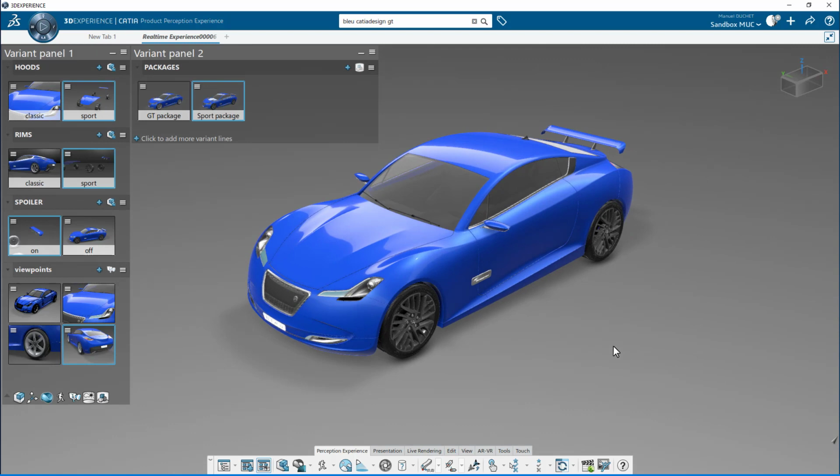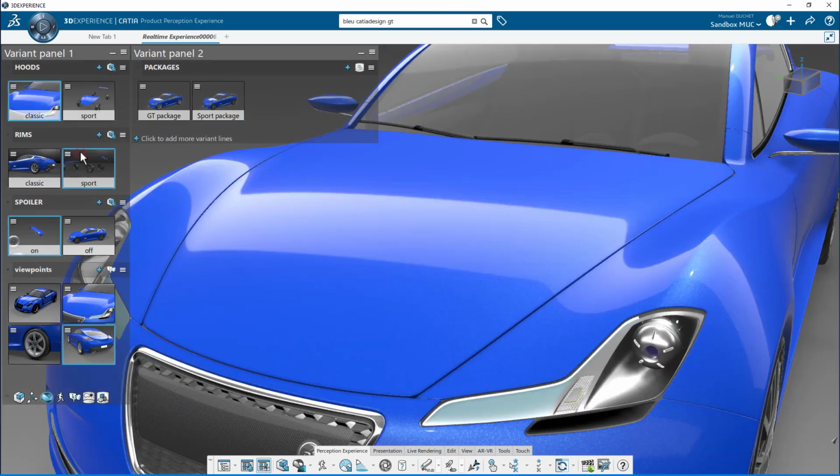Some more details now about the thumbnails that we created. They look a bit messy, right? So, for example, here we'd like to have something consistent. So if I go back to the view that I used to create this variant, I'd like to have the same kind of thumbnail for the sport version. So I just need to right-click on the thumbnail or click on its burger menu and do a refresh thumbnail. That's it.